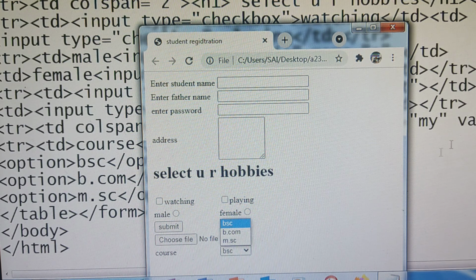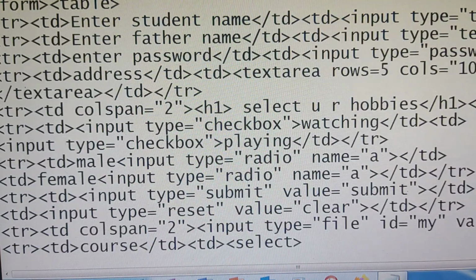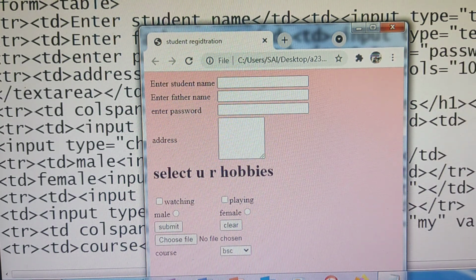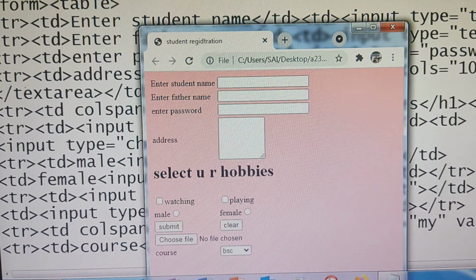So if you want to add some features like a background color, that also you can give. Okay, bgcolor equals to pink. Save it, come to browser window, refresh this, like this. So whatever properties you want to give, all those properties you can give. Only the thing is how to present and how to write input fields. If you know it, it is very good. But like this, according to your requirement, whatever input you want from a user, all this you can add.